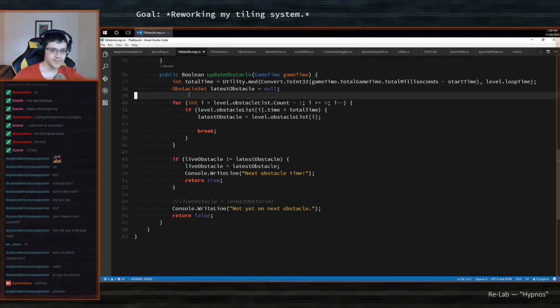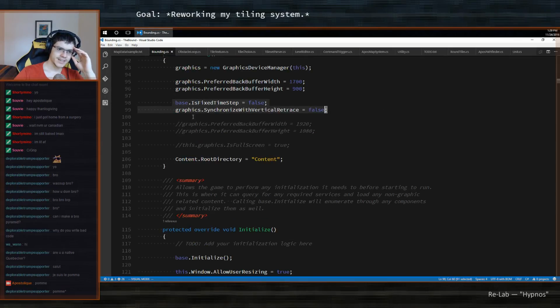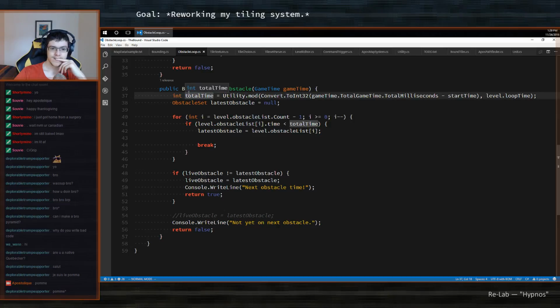So the fact that there's no bug is weird. Like it only bugs in one specific case. And then I can print.